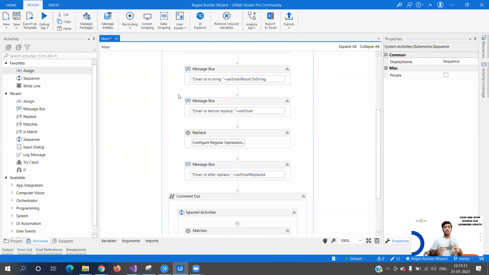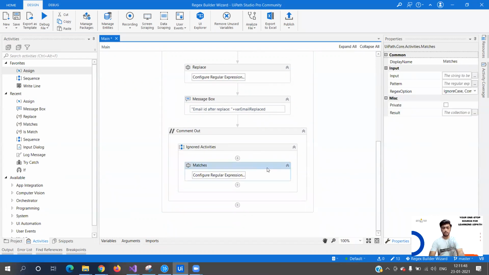So now if you see, the advantage of regular expression is the string manipulation that we do or the data manipulation we do is completely reduced. And using this kind of activities like is match, matches and replace, it is very much simple to do the string manipulation, and that's why regular expressions are preferred many times in development rather than using the data manipulation, that is string dot replace or string dot substring or something like that, because the length can be keep varying. Now I can add more text, but still the regular expression is what it takes the pattern and it helps us to identify that, right?